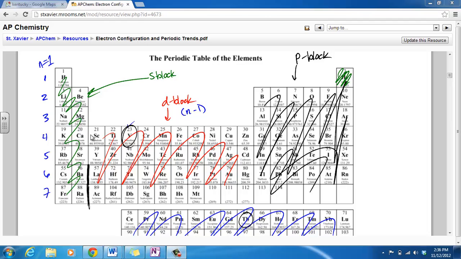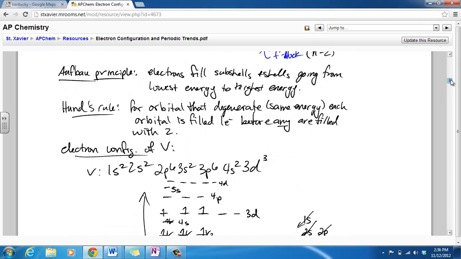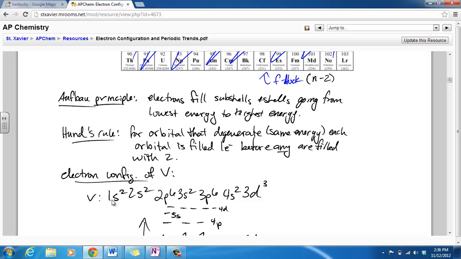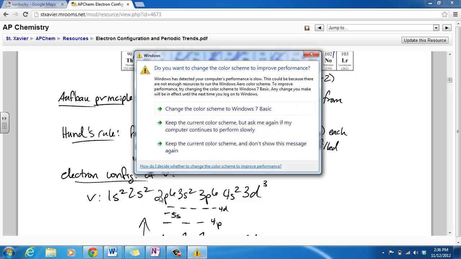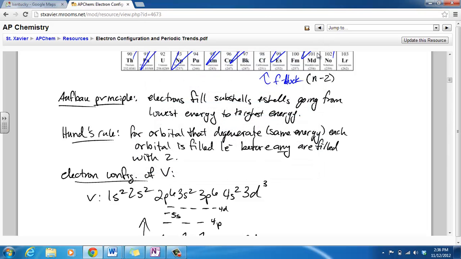Then the last one, as we enter this d block here, this says that the d subshell that we fill up is one less than the row number we're in. So we're in row 4, which means we start filling up the 3d subshell, and so the final 3 electrons go into the 3d, and we'd say 3d3. So when you look at the configuration of vanadium, the whole thing would be written as 1s2, 2s2, 2p6, 3s2,